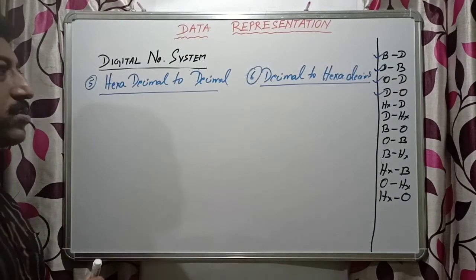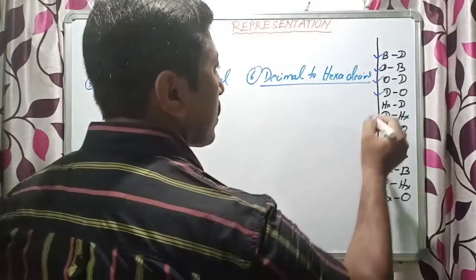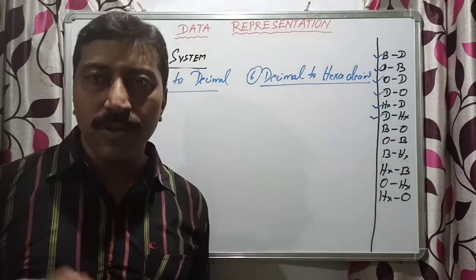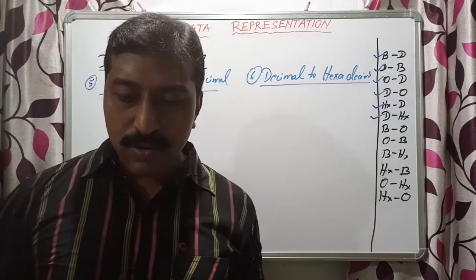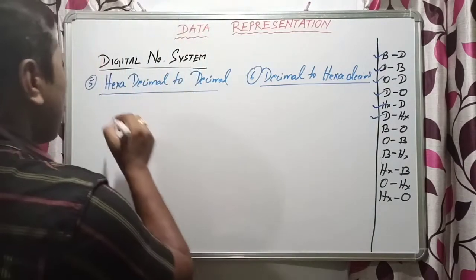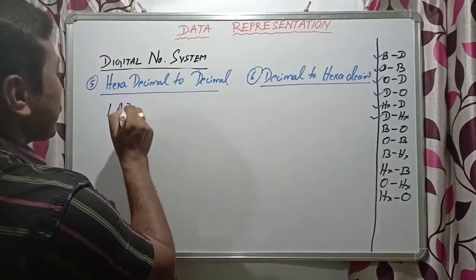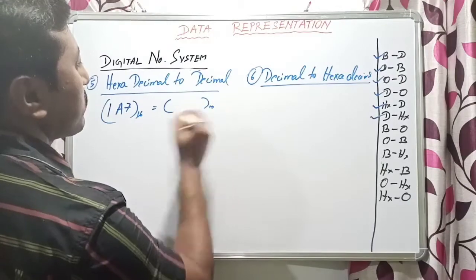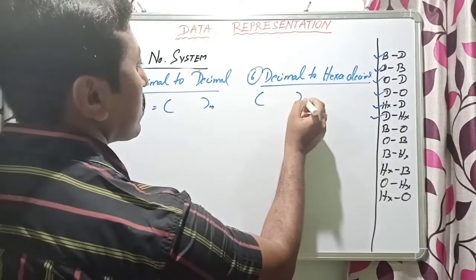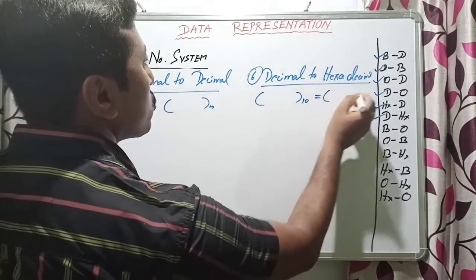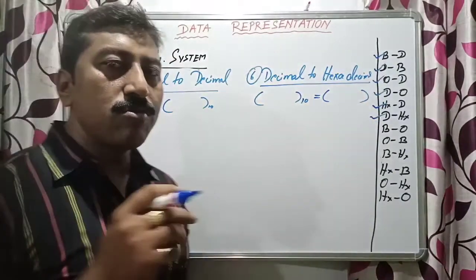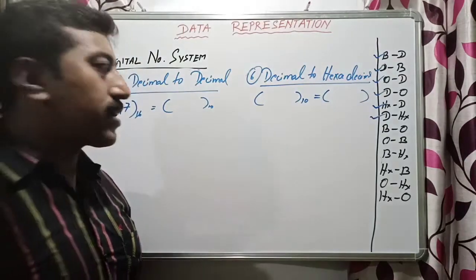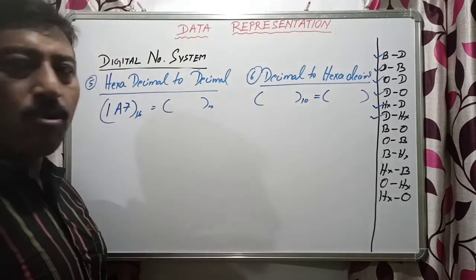So let us do the next one. We'll start hexadecimal to decimal, and next we'll do decimal to hexadecimal. So we'll take one number. Suppose we are taking 1A7. It is a hexadecimal number. We'll convert it to decimal, and in the similar way we'll check it also. Whenever you do it in an exam also, always recheck it. If the same answer is coming, then your process is correct. That way you can identify your own fault.